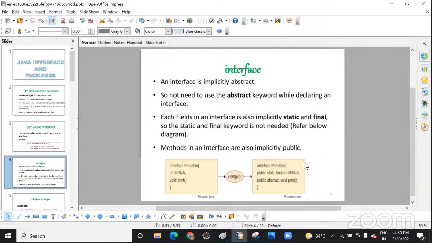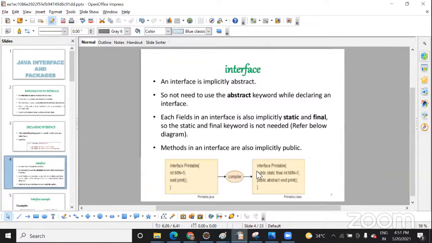An interface is used to provide abstraction to your program. What does it mean by that? Interface will allow you to implement only the necessary details, and it allows you to use abstraction also. You might have studied the abstraction concept in Java. In an interface, we only declare the method, but we do not provide a body to it. Why is this? Because once you declare the method inside the interface, whichever class inherits this interface can provide a body based on its requirement.